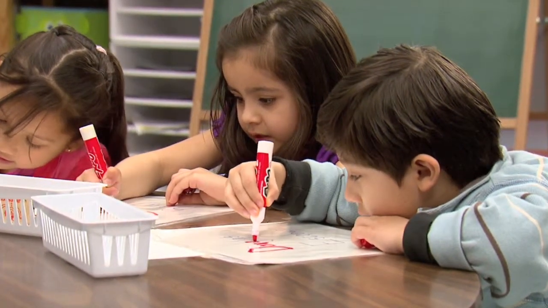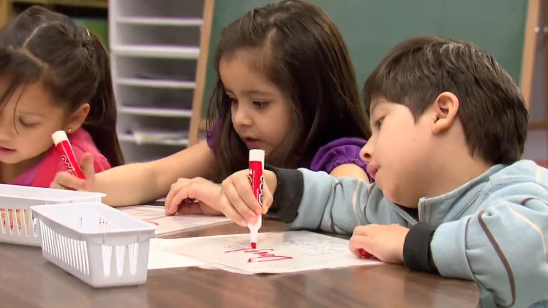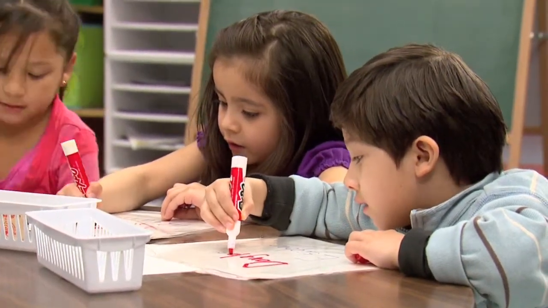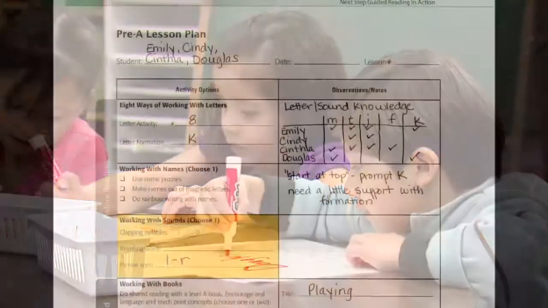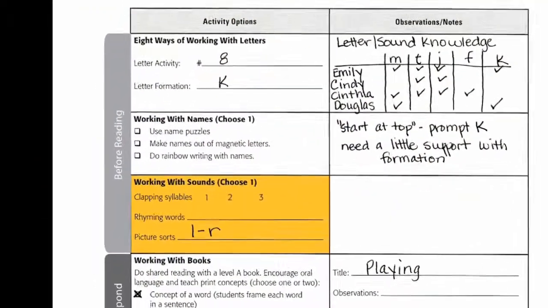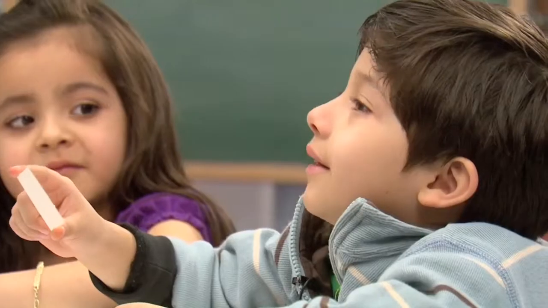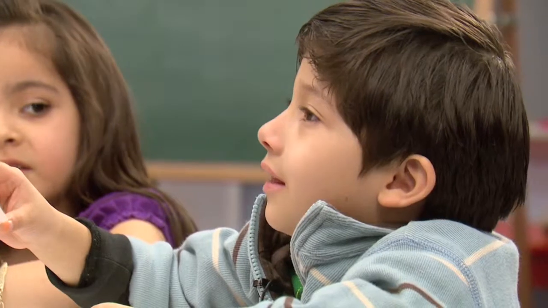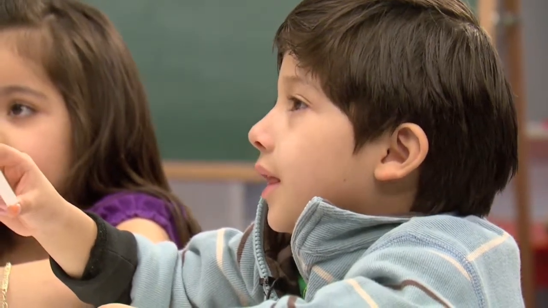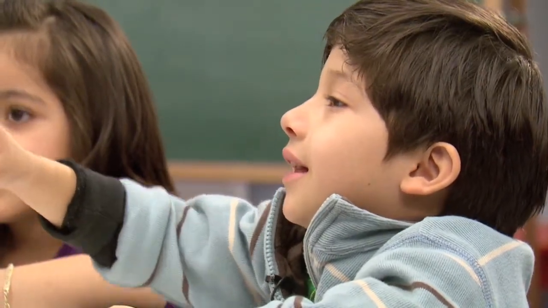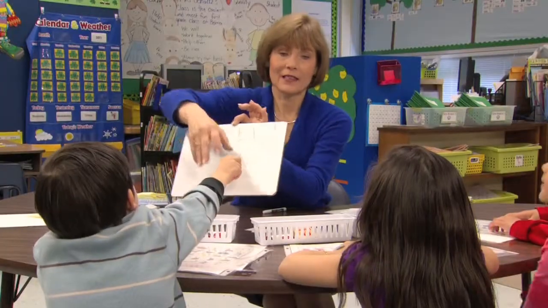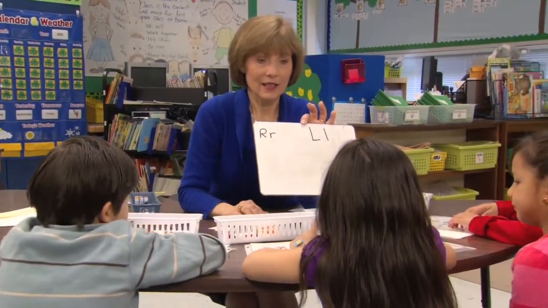Once students can write their first names with correct use of uppercase and lowercase letters, this portion of the lesson can be eliminated. After the letter activities, address phonological awareness. When working with sounds, we want to build on the letters they already know by name and help them connect the letters and sounds. Teach students to follow this procedure when doing the picture sorts. Say the picture, say the beginning sound, say the letter that makes that sound, place the picture under the correct